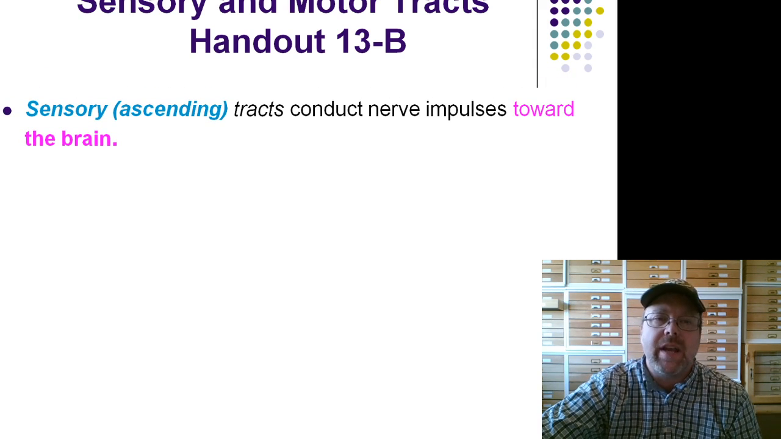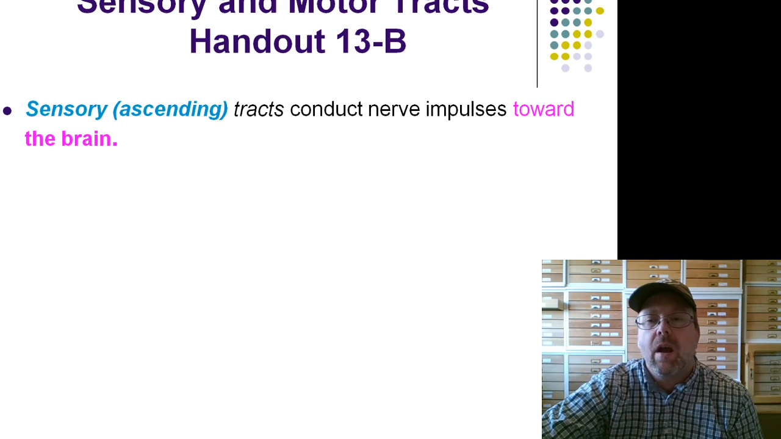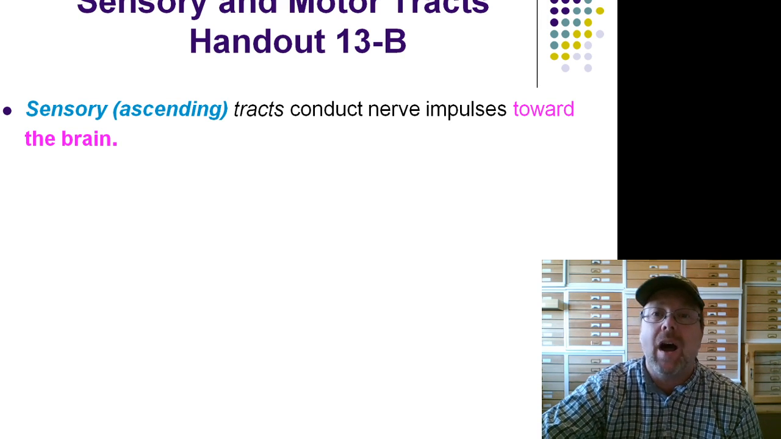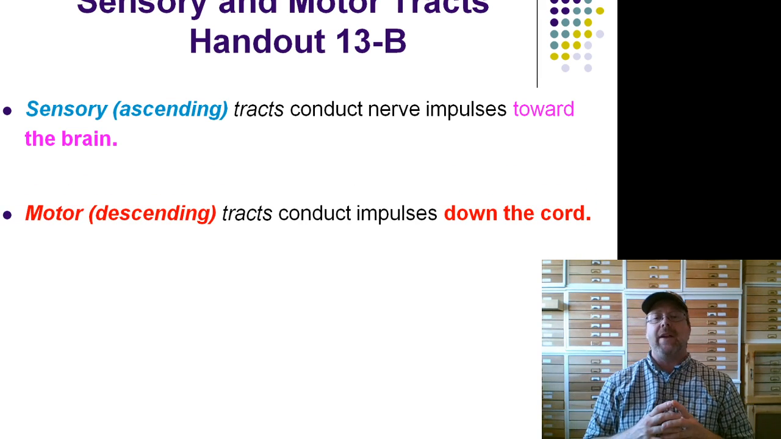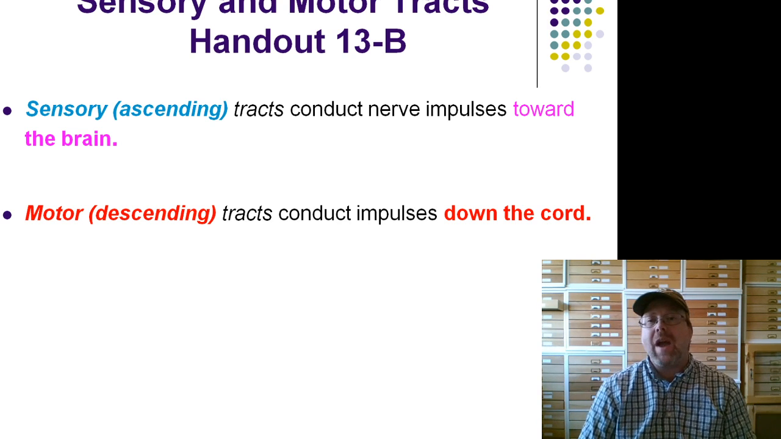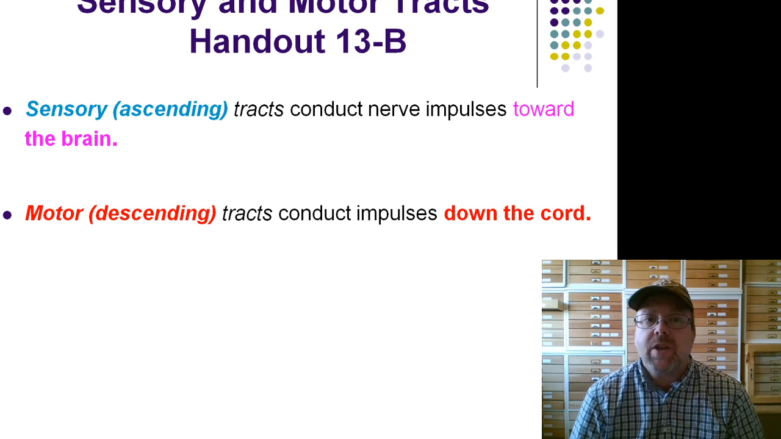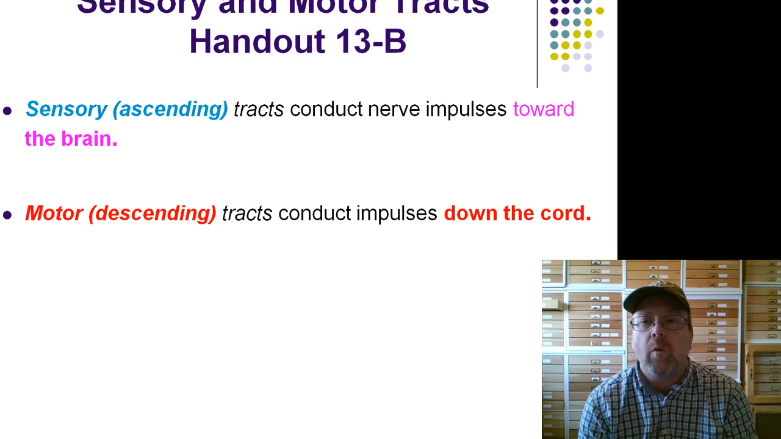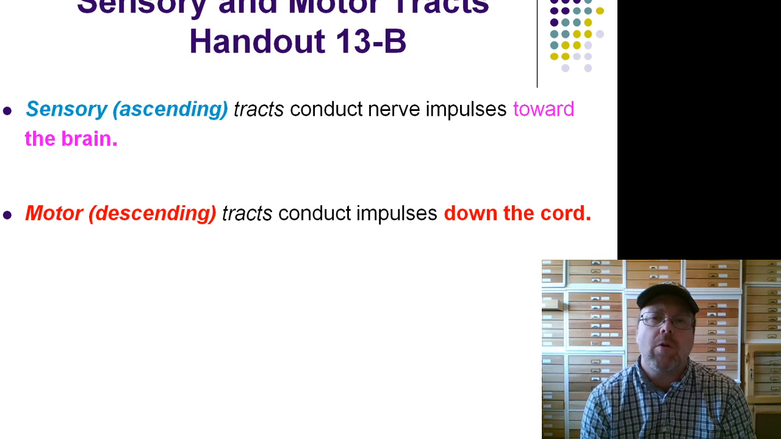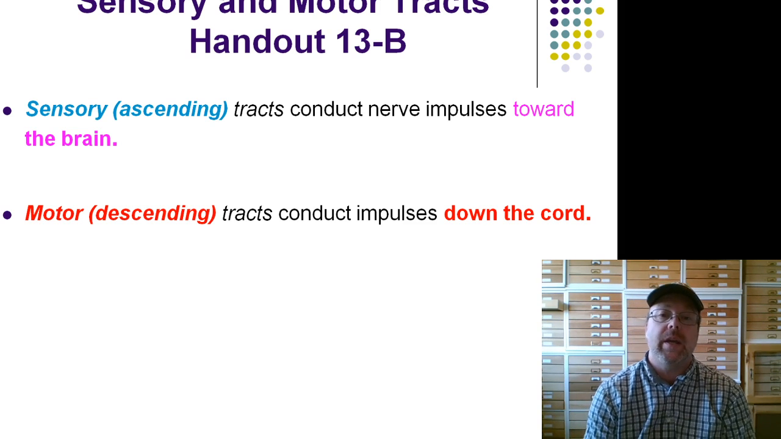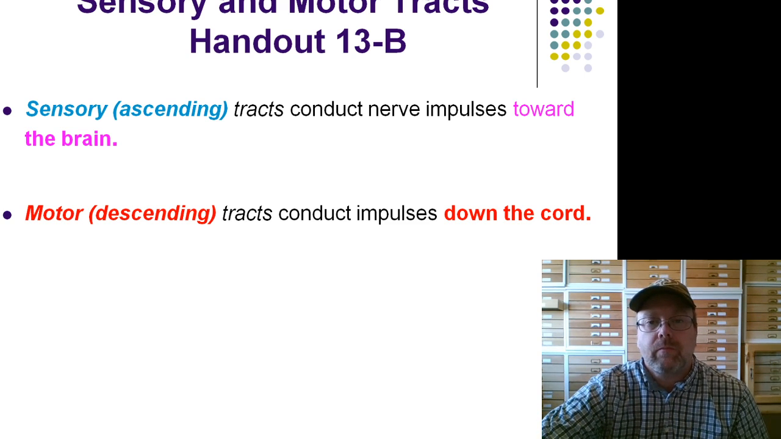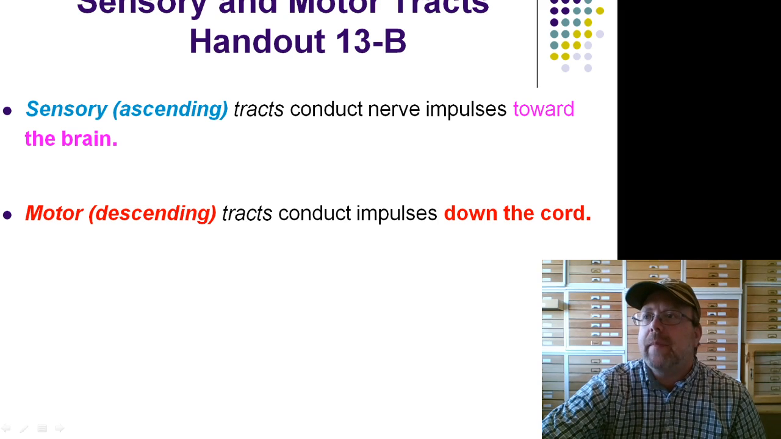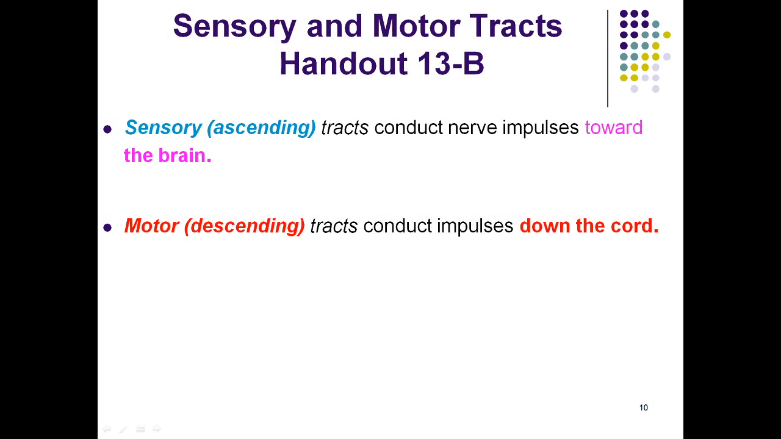So our sensory or ascending tracts are going to conduct nerve impulses from our body up toward our brain. And the motor tracts are going to be moving information from our brain down to our body. So they are one-way streets, all right? A sensory tract only moves things towards the brain. Motor tracts only move things toward the body. They are one-way streets. And so I've got a handout, 13B, that's going to talk a little bit about these